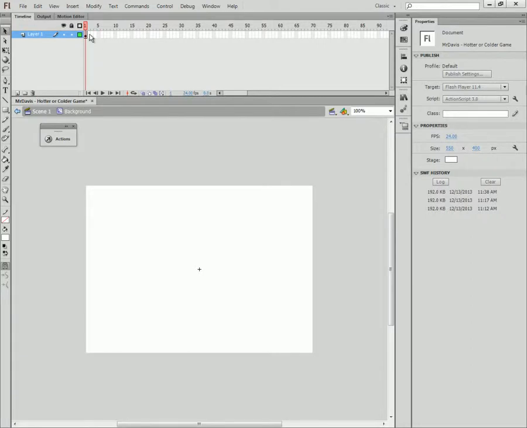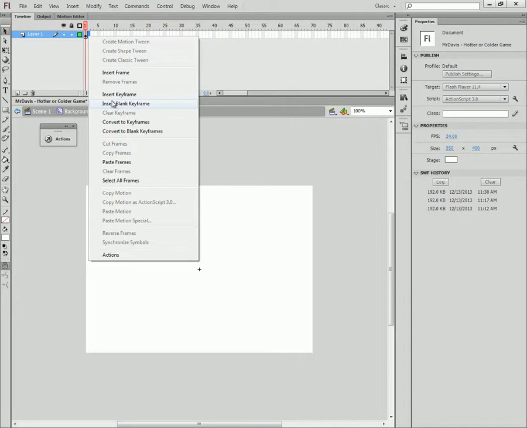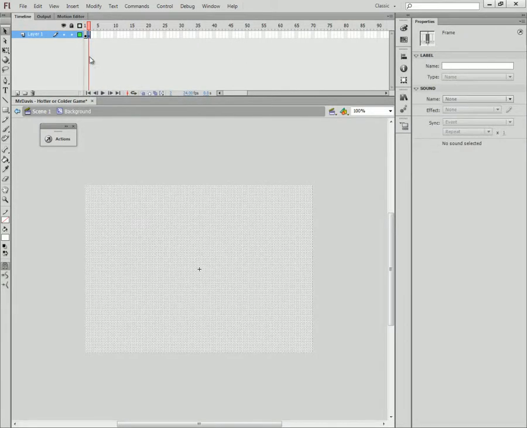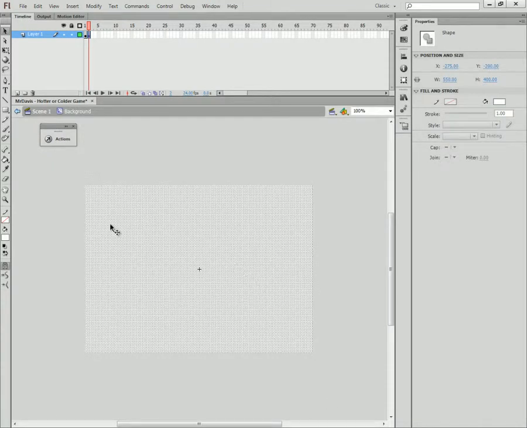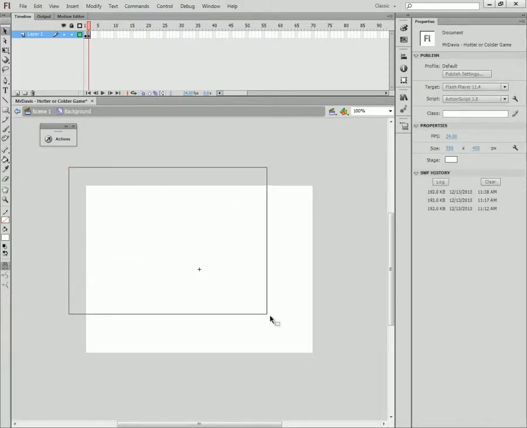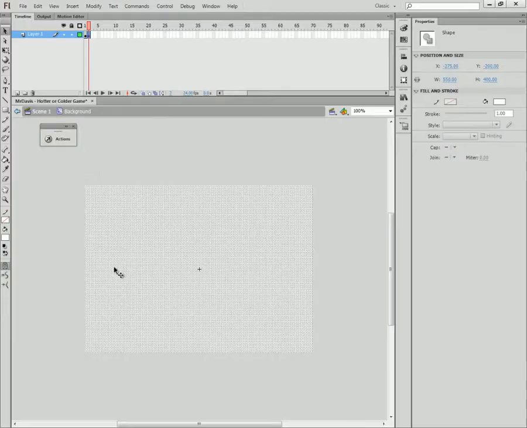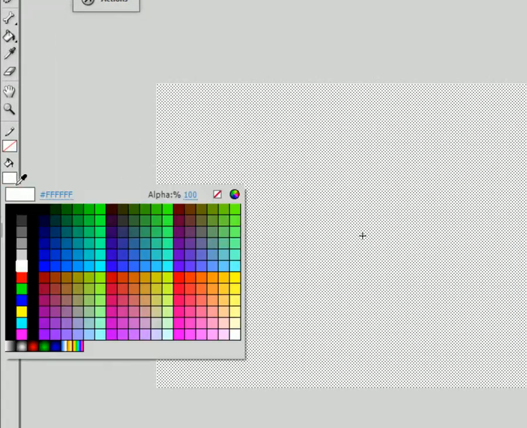And then let's handle hotter. Okay, so on frame 2, I'm going to click Insert Keyframe, which will copy frame 1. So we still just have this blank white rectangle. Okay, and I said we're going to do hotter, right? I think I said that. So let's turn this rectangle